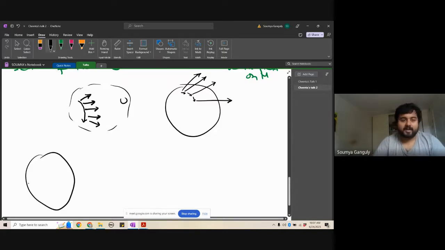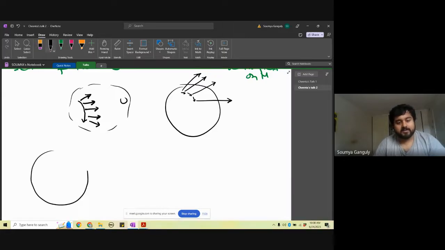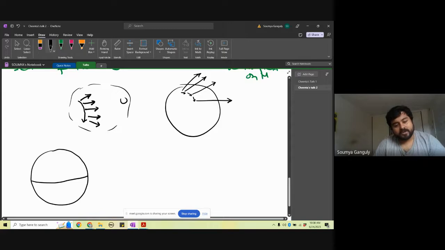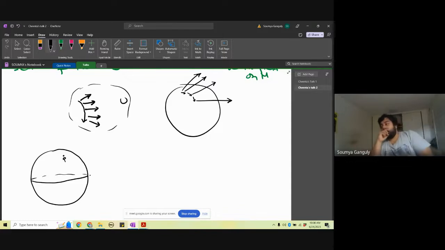I know my spheres are not really looking like a sphere, but sorry about that. Okay. So suppose you have a sphere, and this is a point P on the sphere. You want to draw the tangent space, and basically you want to draw a vector field on it. For every point on the sphere, I have a vector like this. And if you have it for all the points, then it's a vector field.